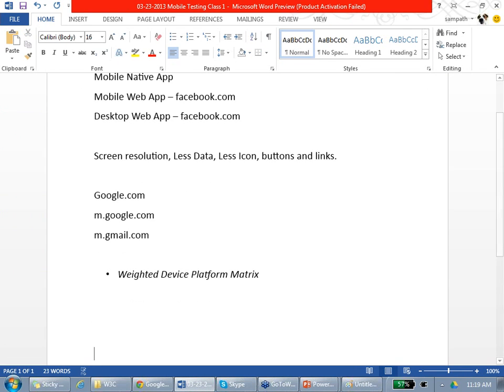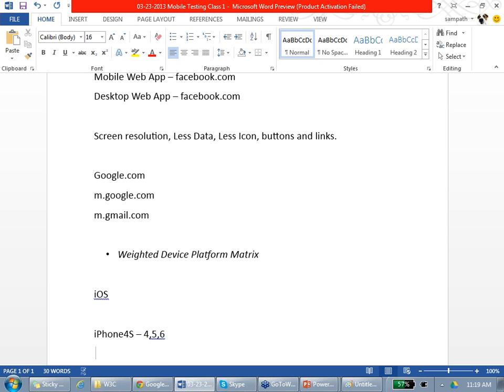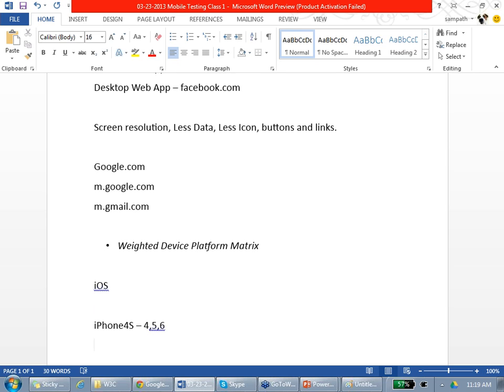You take a device, let's say iPhone 4S. What operating systems does iPhone 4S support? 4, 5, 6. Agreed? So you have to test Bank of America on iPhone 4S with operating system version 4, version 5, and version 6.